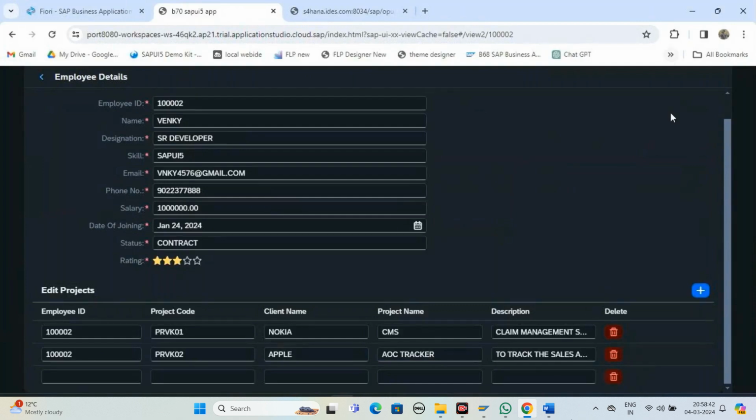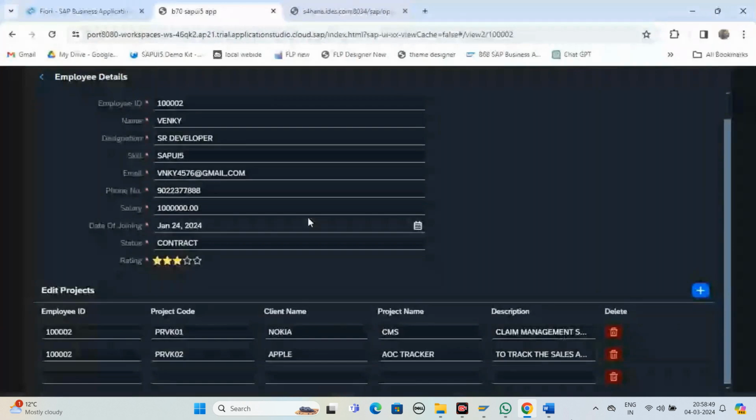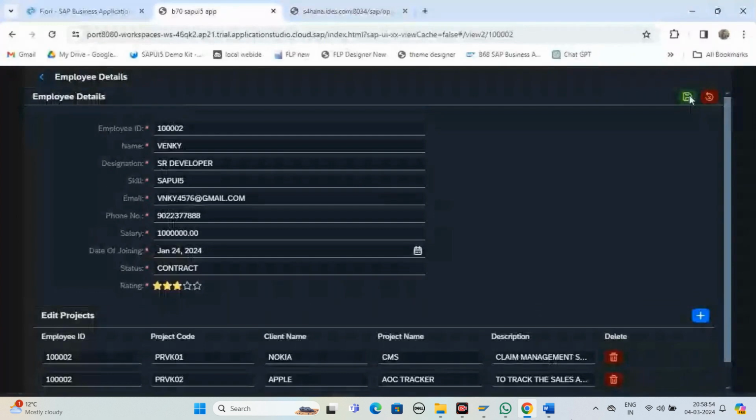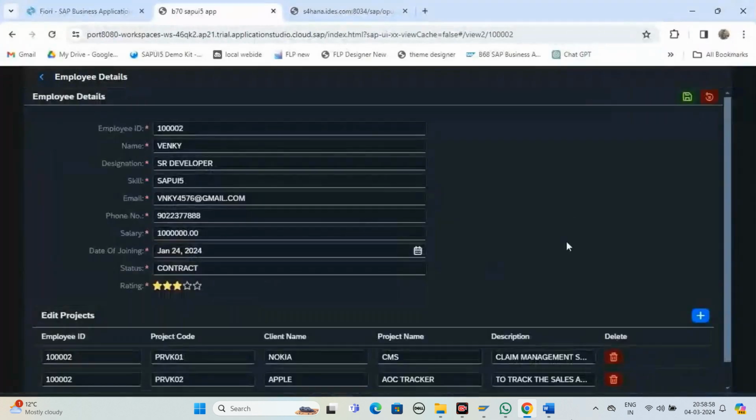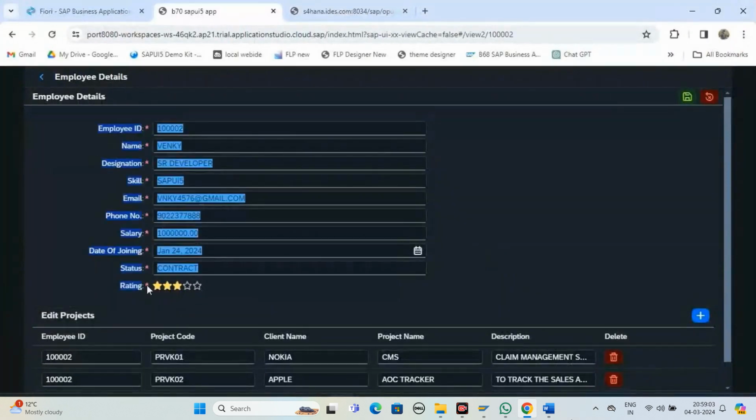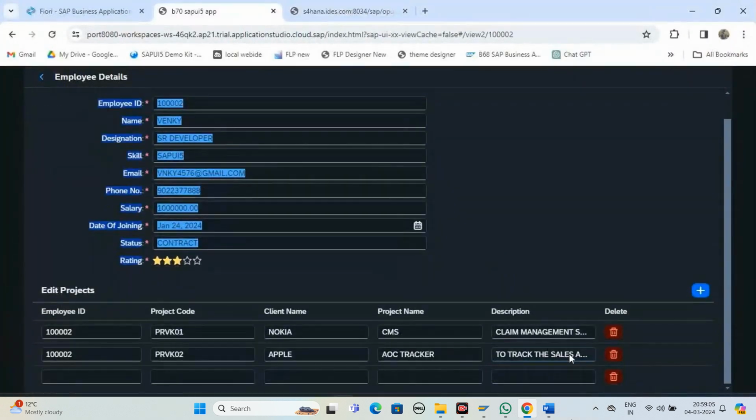And when you click on the save button at the top, you need to send this updated information to the backend. So when you are sending this updated information to the backend, you are again sending a parent record along with the multiple child records. So that means this is going to call your create deep entity. Remember,